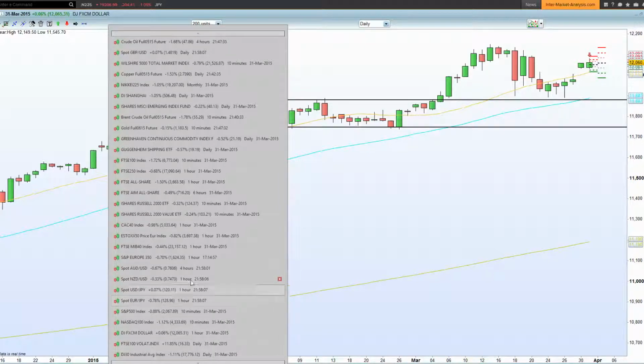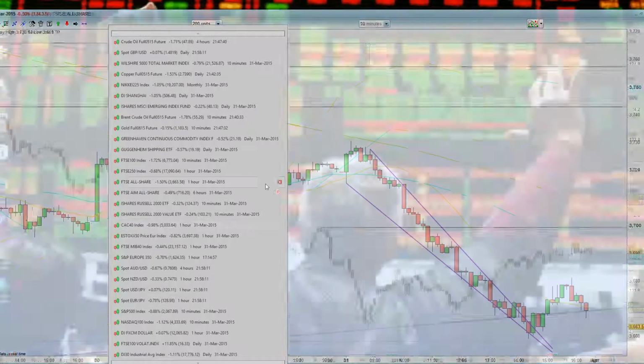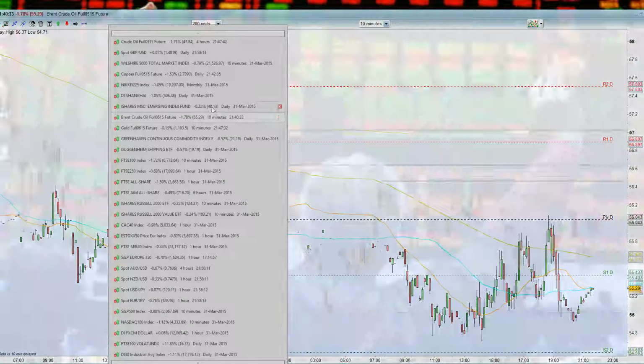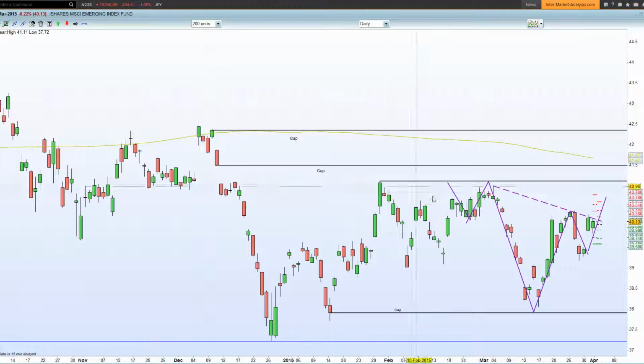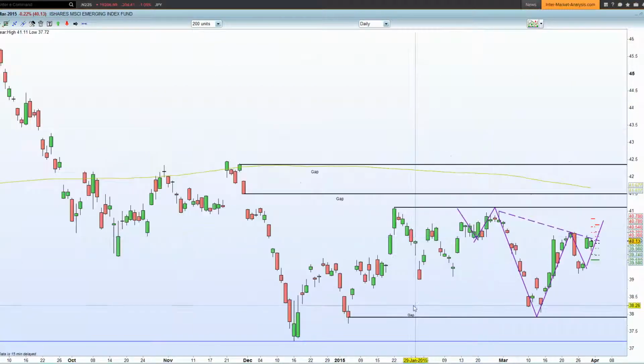Now if I just bring the emerging market index up, if I can find this, bear with me. There we go. Okay, so you have an inverted head and shoulders formation. When you have an inverted head and shoulders formation in the emerging markets, that generally tells you that the Aussie and the Kiwi are now about to potentially move higher. Okay, and the dollar is potentially going to move lower.